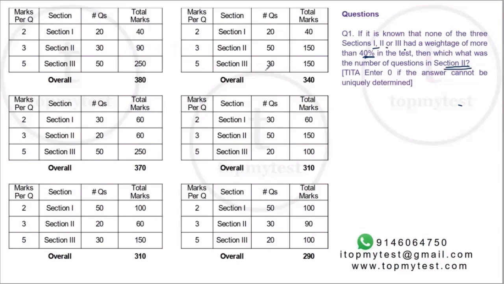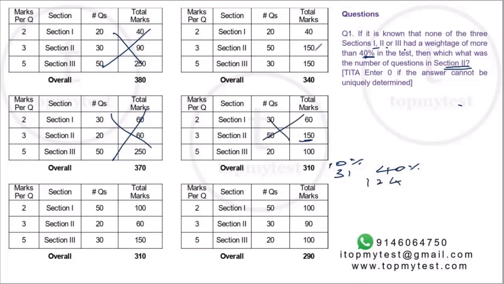I do not want any weightage to be more than 40%. So all these lopsided ones I can straight away rule out. See, this is more than 50%. So this scenario is out. Similarly, this scenario is out. This is straight away, you can say it's more than 40%. Now, this is very close to 50% here. If you want to calculate, 10% will be 31. 40% will be 4 times 31, which is 124. So this is out.